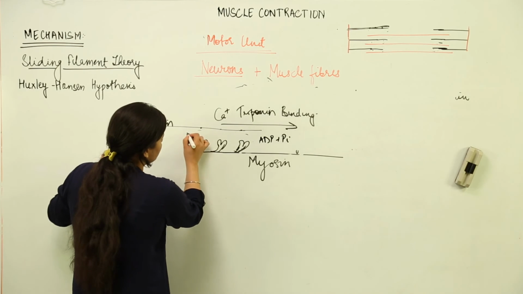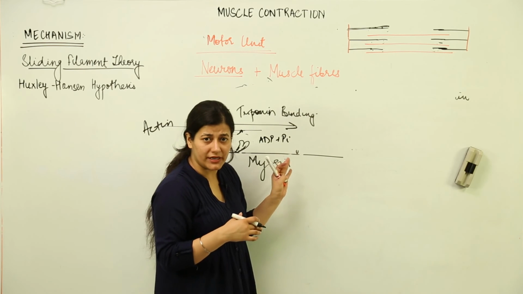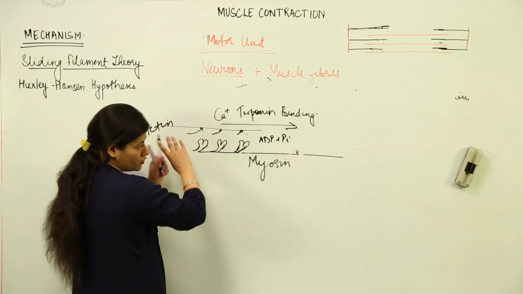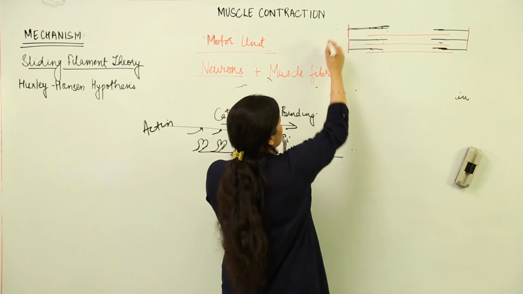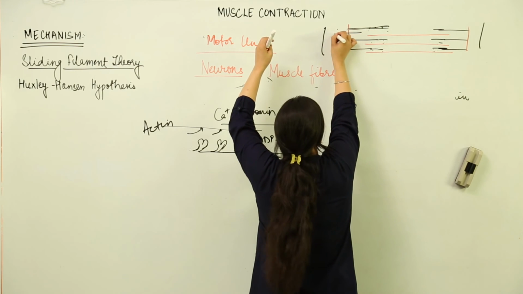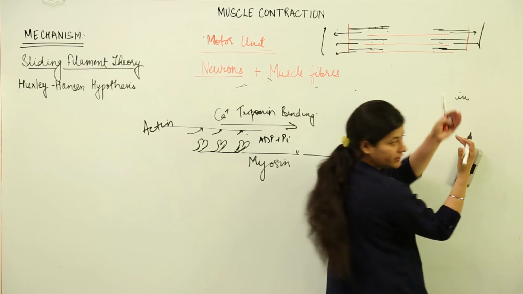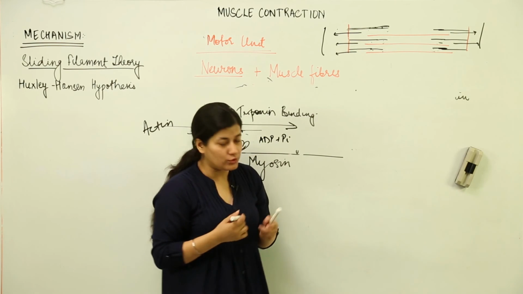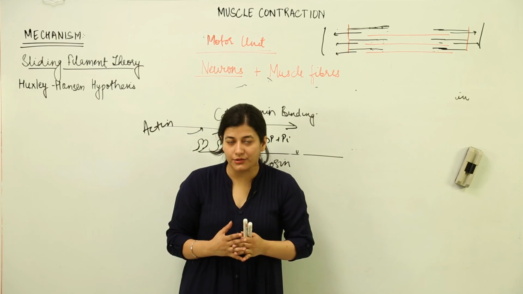The troponin molecules would come and do the masking again, and the calcium would go back to the sarcoplasmic reticulum from where it was released, and the muscle that was in the contracted state due to the pulling by myosin filaments gets back relaxed. So the sarcomere initially was still here. Now once the relaxation takes place, these actin molecules would go back because there won't be any cross bridge formation that resulted in shifting. So this cross bridge formation was very important, and the muscle comes back to the relaxed state.